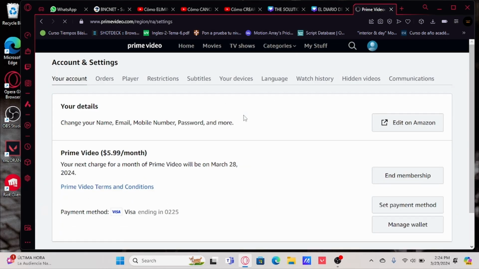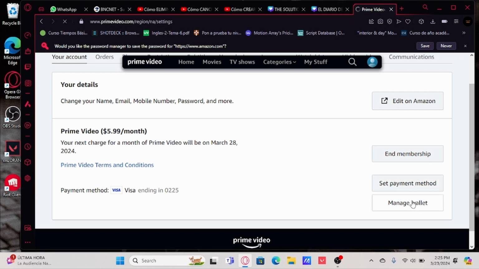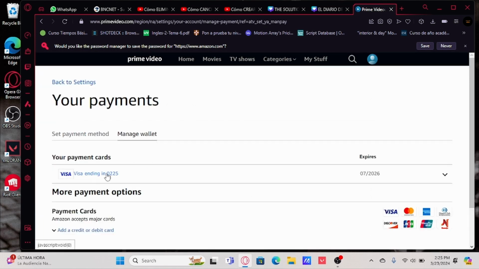And after that, you need to go to the option of set a payment method. So if you pick here, there is the option of manage wallet too. So in this option, you got